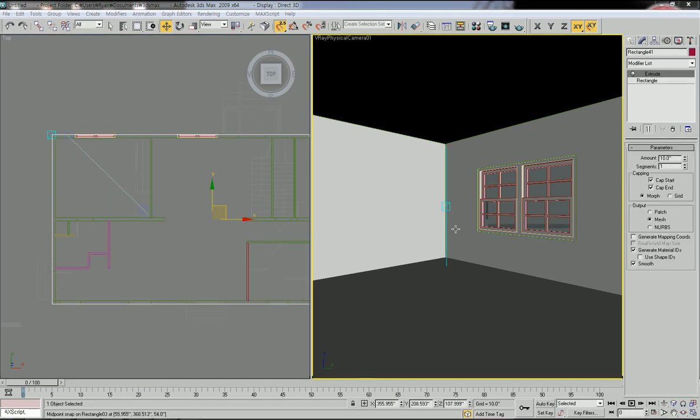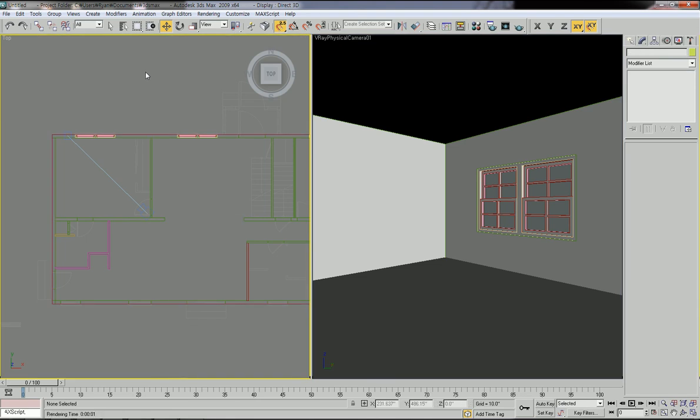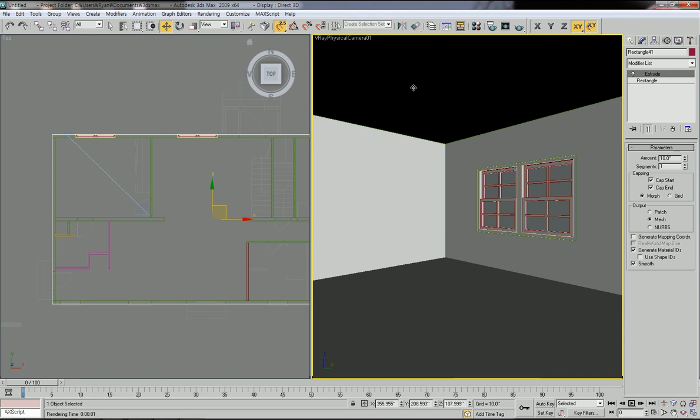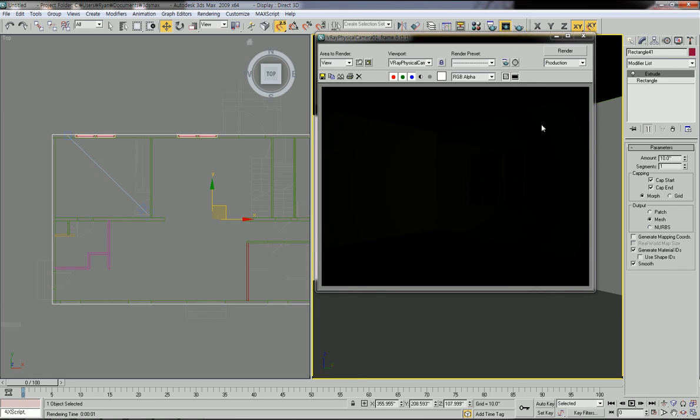Okay, let's render this perspective view. Let's select this viewport. Don't select this top viewport. You have to select the V-Ray physical camera viewport, and then click the render production toggle. Now you have this rendered image. Why is this too dark? Because